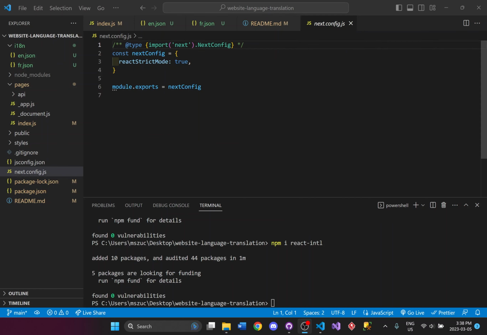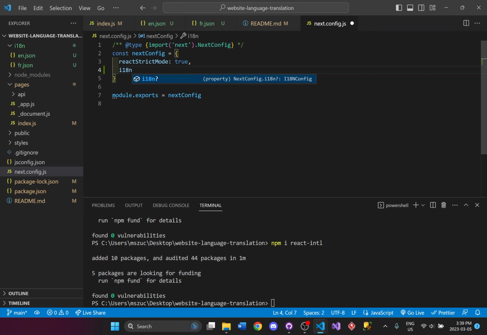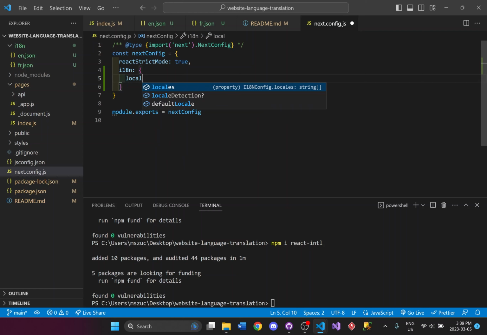So next thing that we'll have to do is configure the next.config.js file, and we need to actually let the program know that we are dealing with i18n. So after the strict mode true, we'll just put a comma, and then we'll add in i18n, and this is where we are going to say locales, and we're going to describe what languages we're going to use.